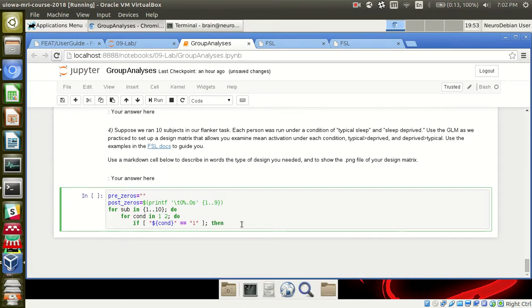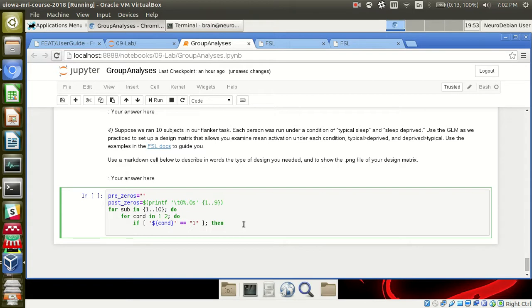Let's get some tabbing correct. Okay, so if con is equal to 1, then we will echo, we want to allow tabs, so we'll do echo tab, well, echo 1